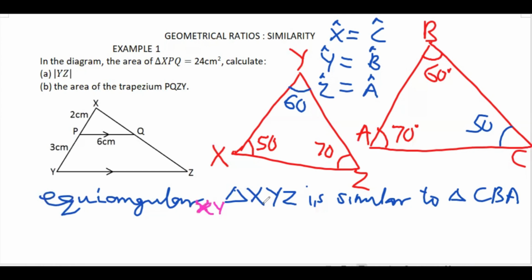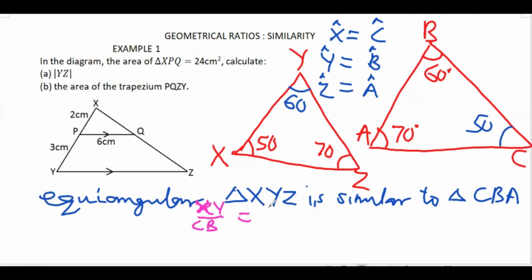What part of the father is corresponding to XY on the son? So the first two letters, it will be CB here. It will be over CB. Just like I say, the length of the leg of the son over the length of the leg of the father equals to,